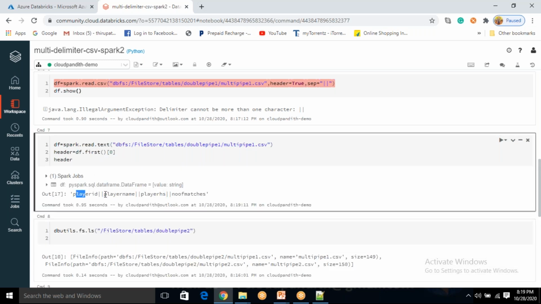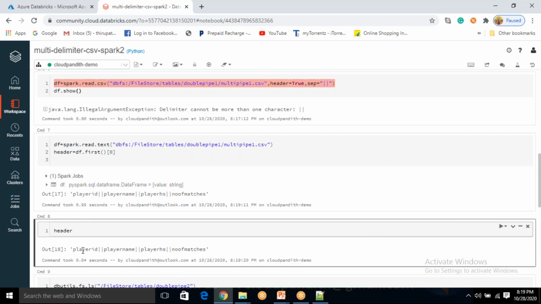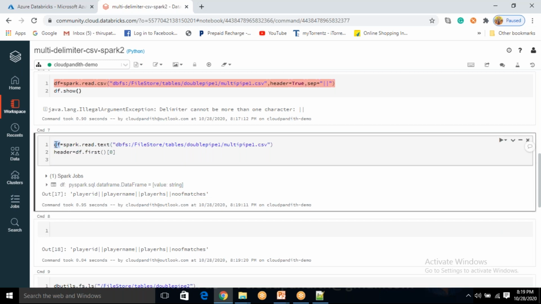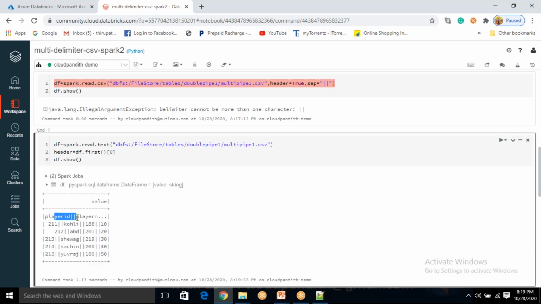See, same. Okay, if you still have any doubt, just paste this variable here and check that the header variable is assigned with these headers. But I want to understand df, what is the content we have in df. Df is basically having data along with the header, the header and then the data.